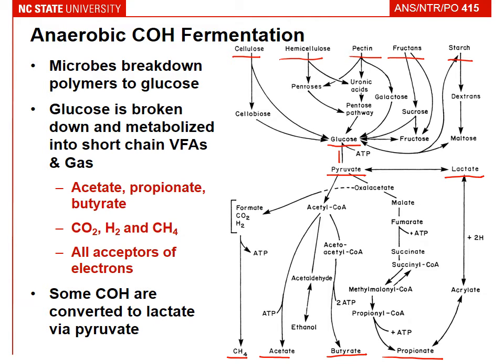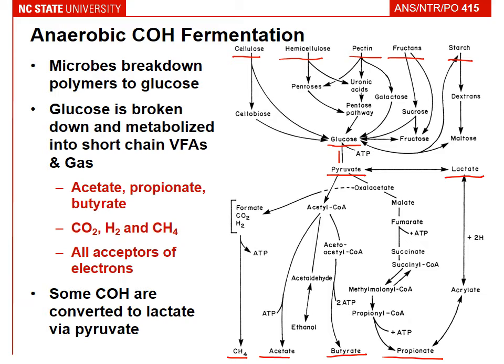So we've seen this picture before. This is summarizing our anaerobic fermentation. Regardless of what the carbohydrate polymer is, if it's cellulose, hemicellulose, pectin, fructans, or starch, those all come in, and depending on the microbes and their metabolism, they're all basically going to be converted to glucose. We're going to get single units of glucose. Our glucose is then converted to pyruvate here. And you can see then